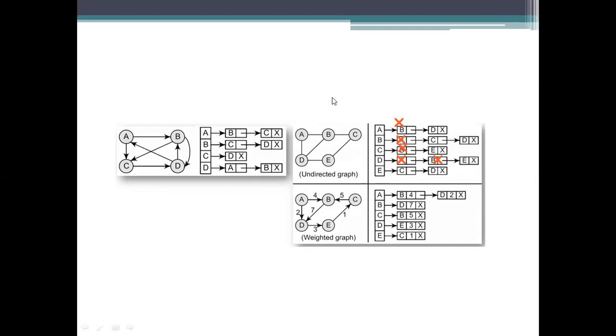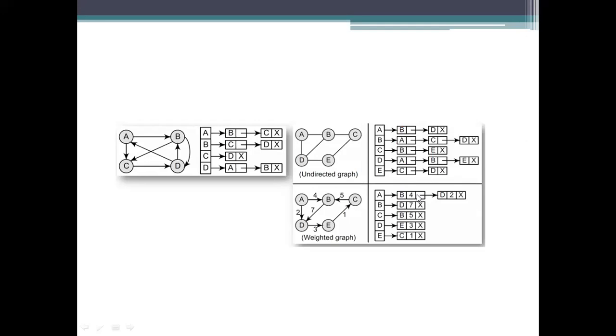And coming to the weighted graph, if we are having weights on our edges, we need to indicate them in that list also. The first one is the data part, and the last one is the pointer.